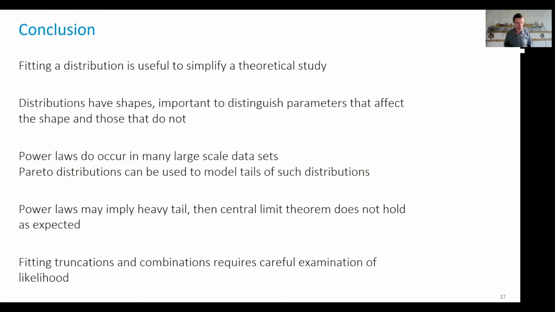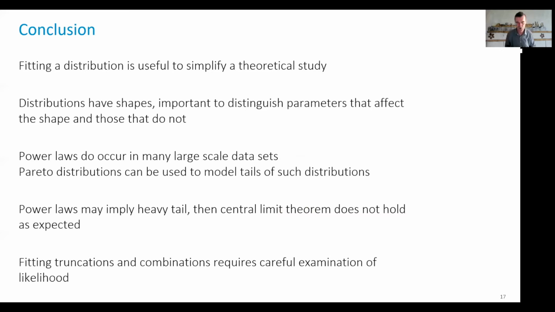Last, we have seen also an interesting but embarrassing result. That's the central limit theorem, which is at the heart of a lot of statistics and explains why we have the Gaussian distribution. Well, it doesn't hold when we have a power law with exponent less than 2. In that case, we find different things, and we have seen also the impact on, for example, confidence intervals, or using classical statistics that ignore this fact.